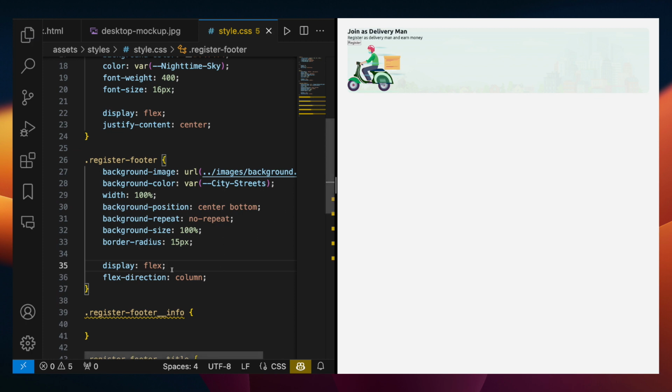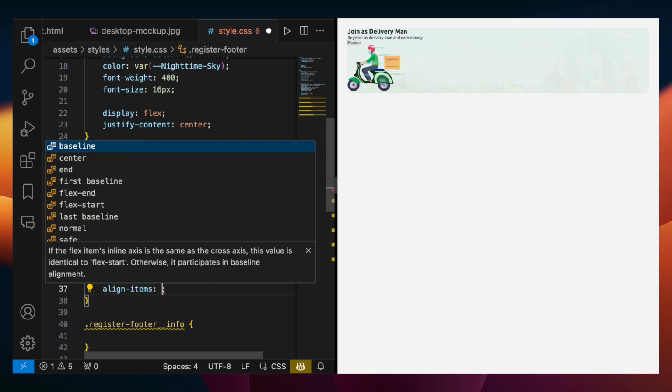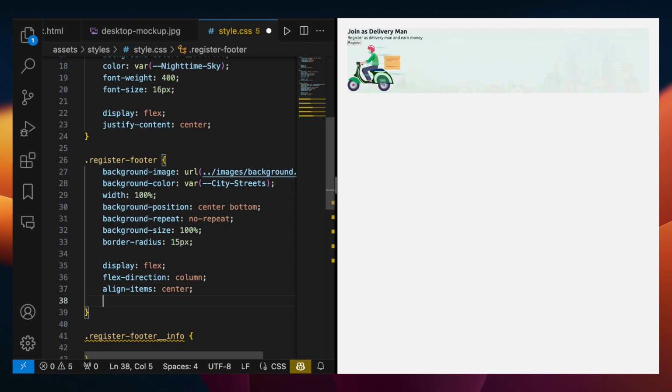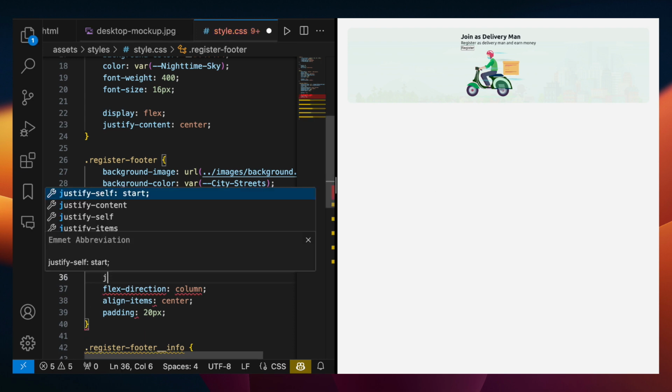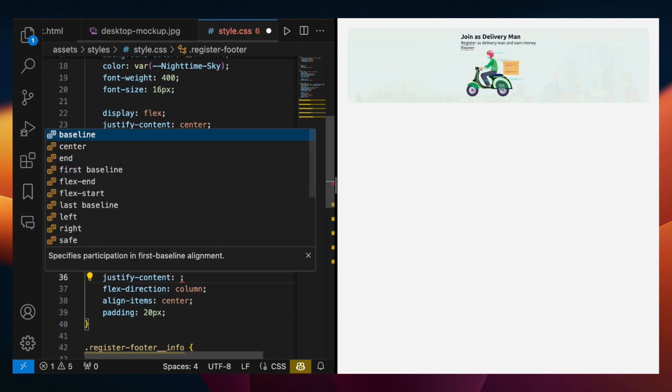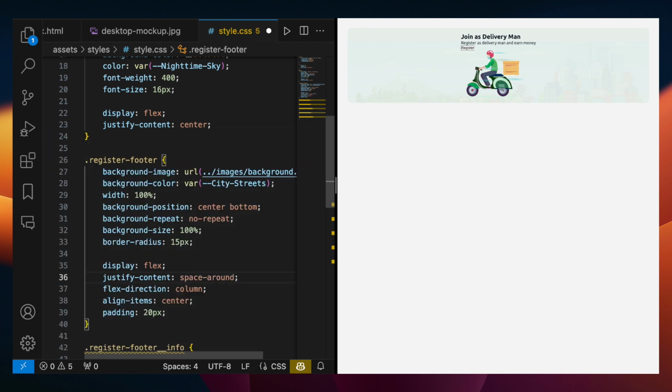We're going to want to center all of our items. We're going to want to add some padding. And not only that, we're going to want to put some space between our items, there we go. Okay, it looks good. So as you can see right now, it's stacked,